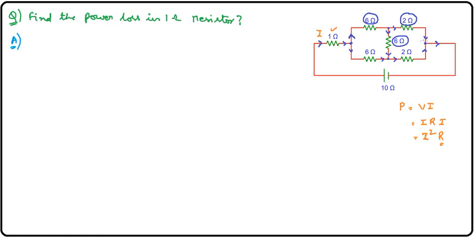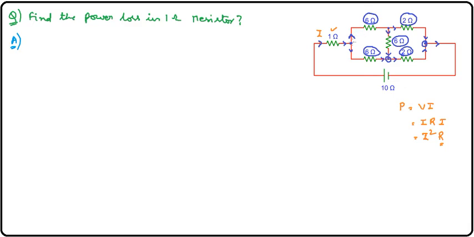this current is added at this point and that current is not added at the same point. It is now passing through one more 2 ohm resistor here, and this current will also be added with this 6 ohm resistor. So this is entirely different from what we have seen. We can't say that any of these resistors are in parallel or in series. So how can we move forward? I can say one thing.